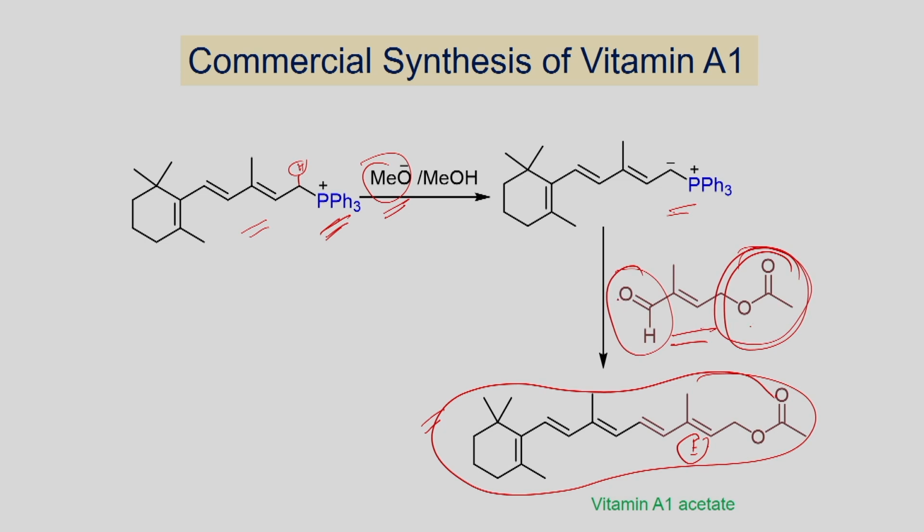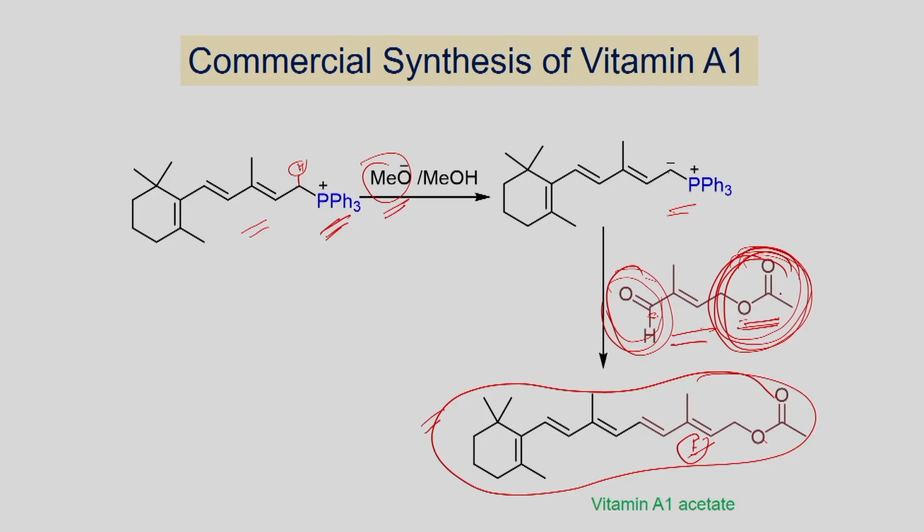On the other hand, if you use the Grignard reagent, and for example you have here the halo substrate, you can make the corresponding Grignard reagent. Once you have this, you can add here and give the addition product, which can further be treated with acid to give the alkene as the product. However, if you look at here, the Grignard reagent can also undergo reaction with the ester group and you will get alcohol as the product. On the other hand, if you use the Wittig reagent, it selectively reacts with this aldehyde and doesn't affect the ester group. This is the advantage of the Wittig reaction.